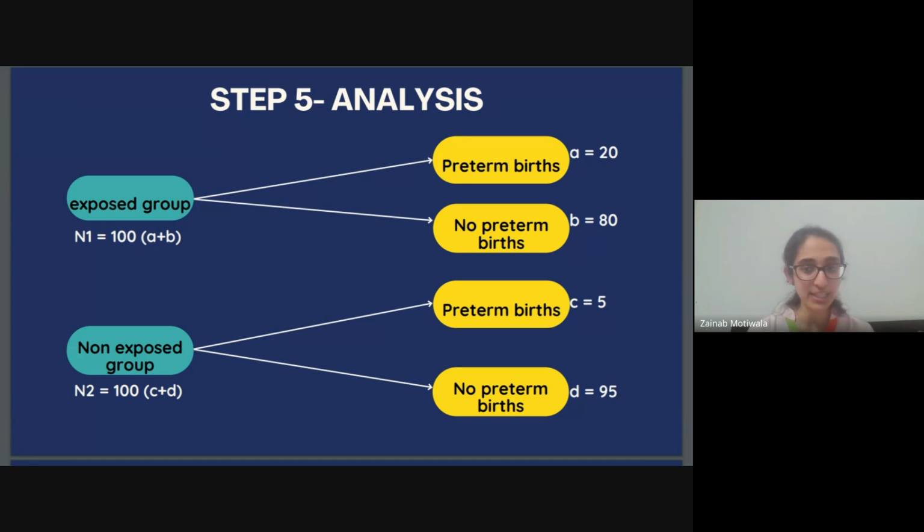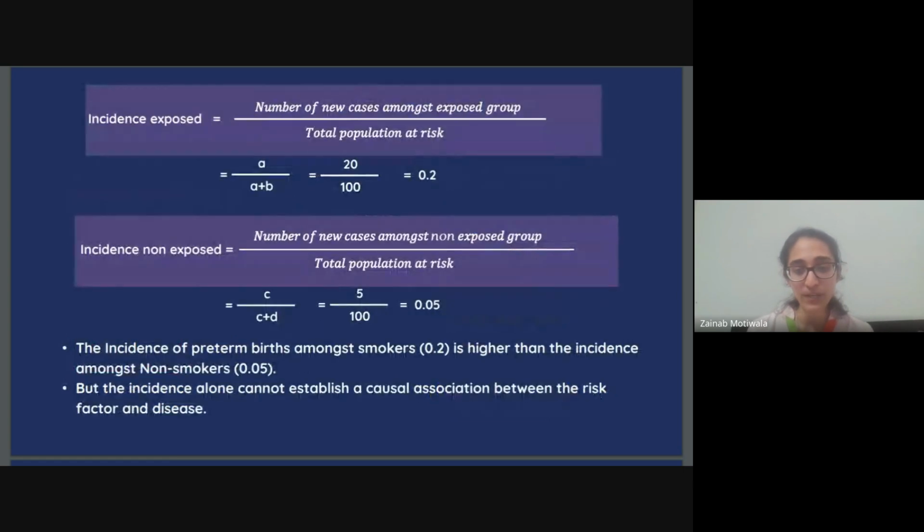So it would be 20 upon 20 plus 80, that is 100, and then 5 upon 5 plus 95, that is 100. So the incidence in the exposed group is 20 on 100, and in the not exposed it is 5 on 100. And we can clearly see that the incidence of preterm births among smokers is